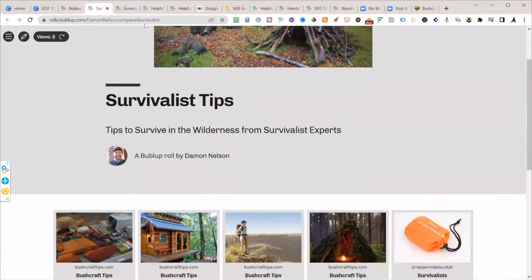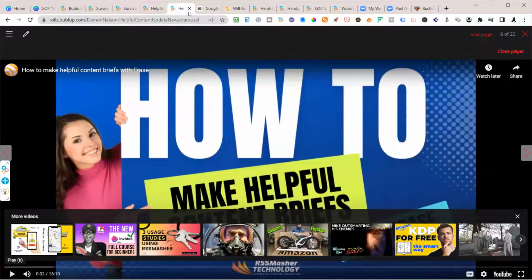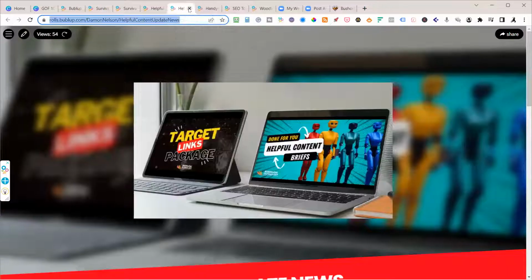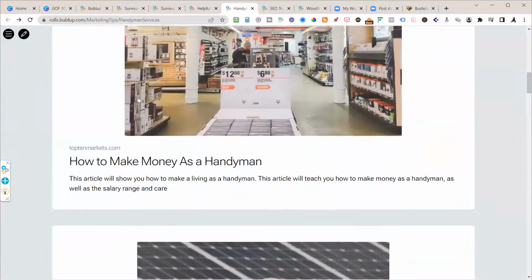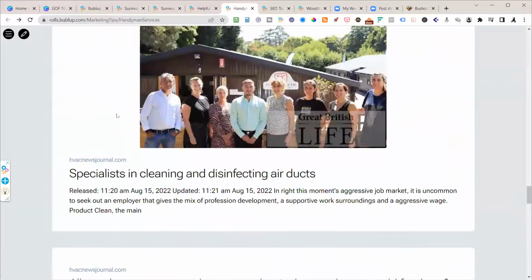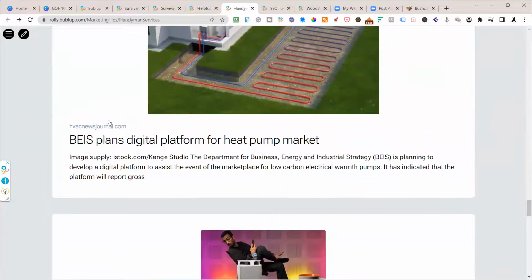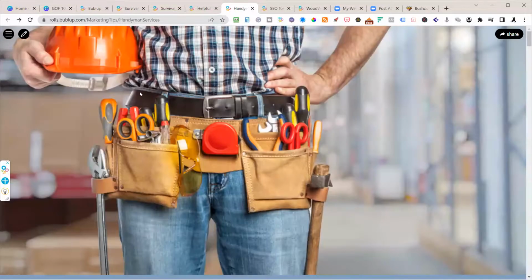Okay, now let's look at some of the better rooms that I have. This is helpful content. You saw that I had my own little links embedded in with Neil Patel and everybody else. Okay, this is handyman services. So I've got a bunch of articles in here about handyman services. Okay, how would you like your article to be inside of one of these helpful content, I mean, one of these informative aggregators? Well, you can. You just simply build your own folder, create a room from it, and let's go to the